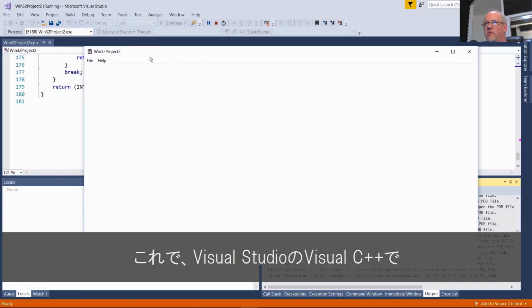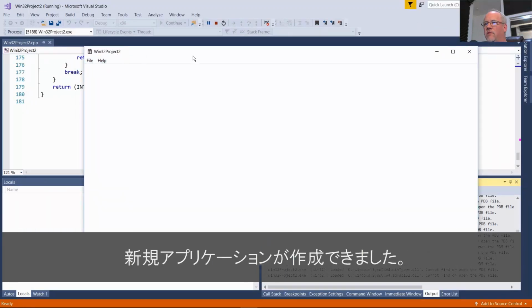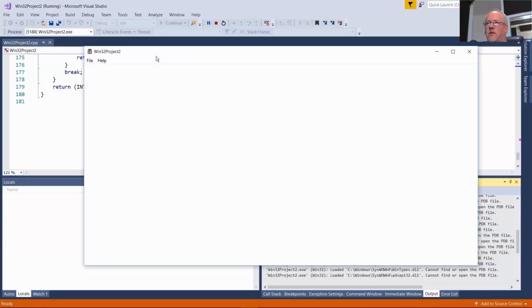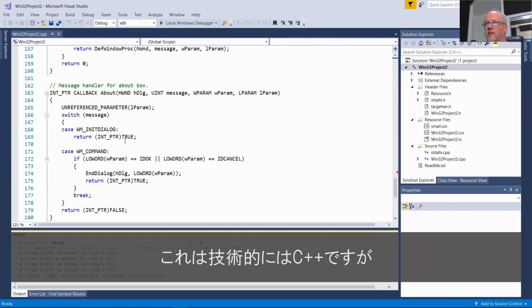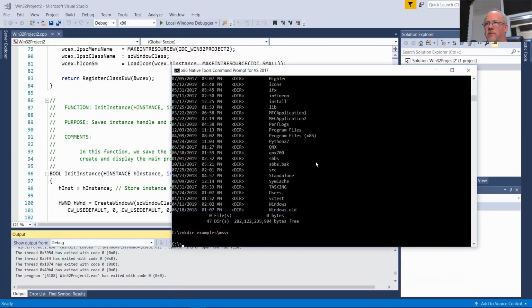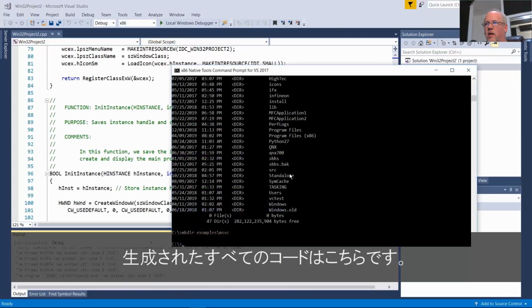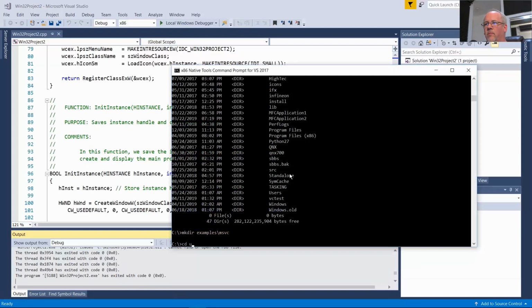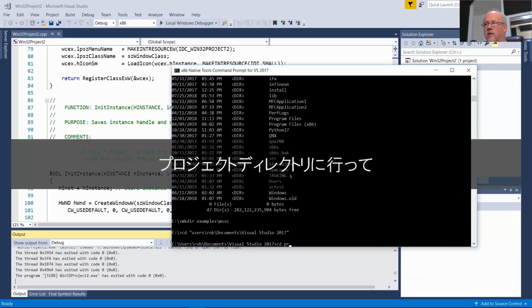So this is what it looks like if you create a brand new application in Visual Studio, Visual C++, and do not choose MFC. And like I said, it is technically C++, but this would compile as C pretty easily with very few changes. To get an idea of the amount of code that's generated here, let's go to this project directory.